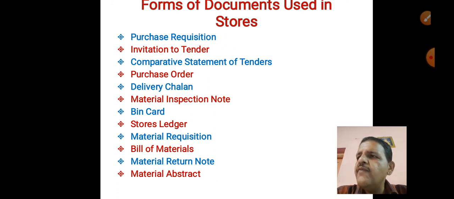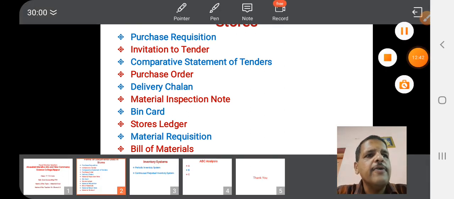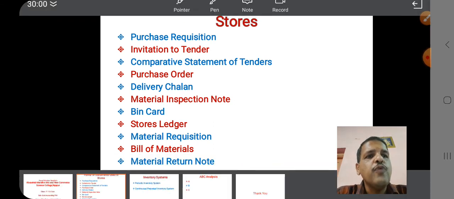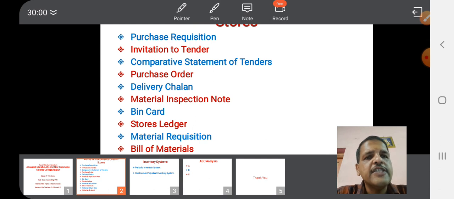The cost of material for each job can be ascertained easily from this abstract. It contains date, period, requisition number, amount, job number, process numbers, etc. So these are all the formats of documents which I have shared in your WhatsApp group. You can see those formats on your WhatsApp group.